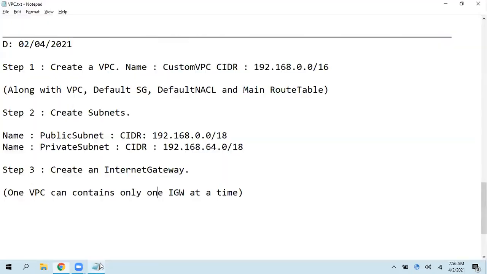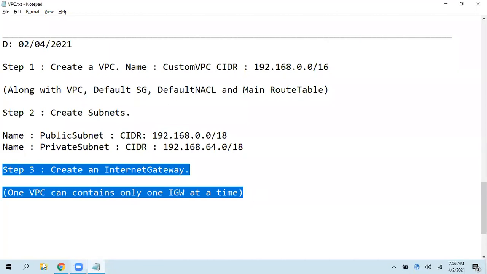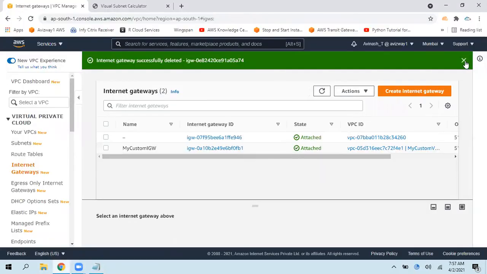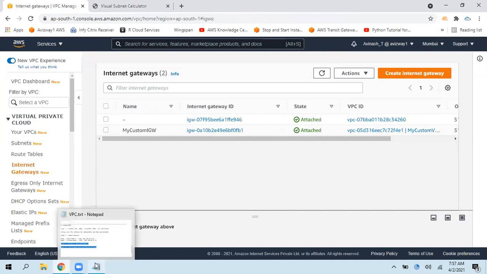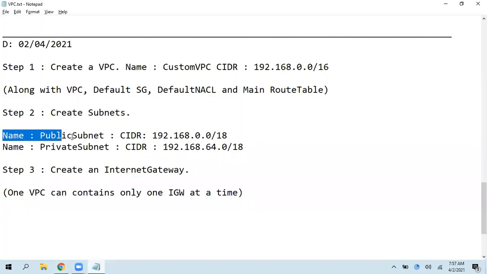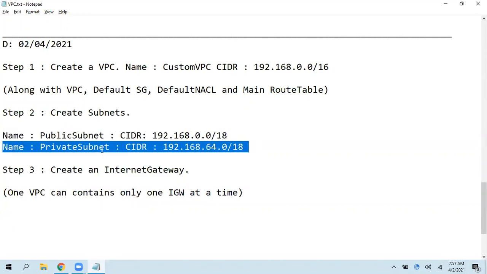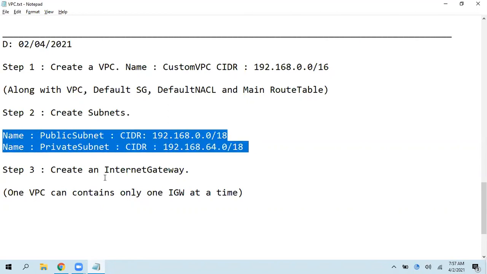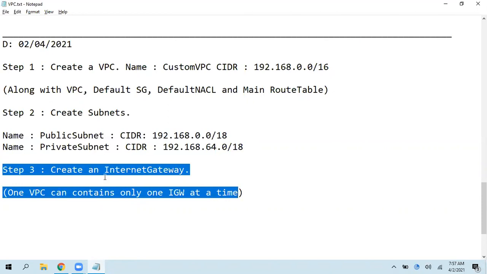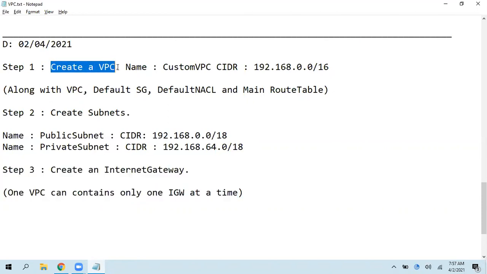So now we have associated that internet gateway also. But is that sufficient? Is it providing internet? No. We just got the internet gateway linked to our VPC, but we didn't mention, okay, you need to provide internet to this and you need to provide internet to this. We haven't performed this, right? So we have got the resource which can provide internet to this VPC. That is step 3. When coming to step 4, this is an important step. If you understand this step, then you got the public subnet, private subnet mechanism. When coming to step 4, here